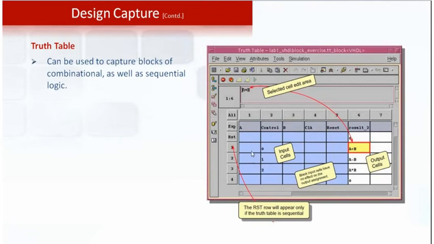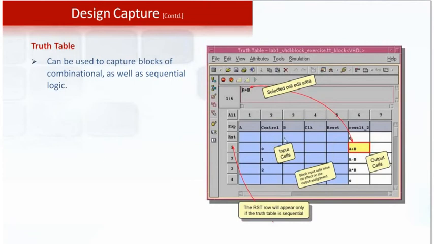Suppose I am not going to use the A and B inputs here, I can leave those cells blank. That is what is mentioned here: blank input cells have no effect at the output assignment. That means it will not affect our outputs. The output will have the response only based on the signals that are mentioned here.